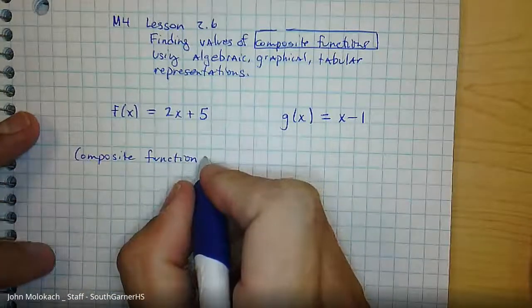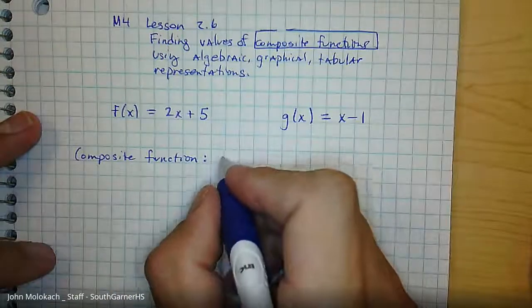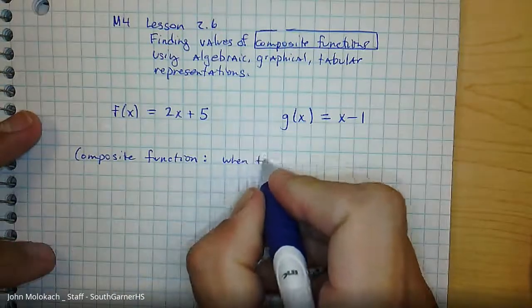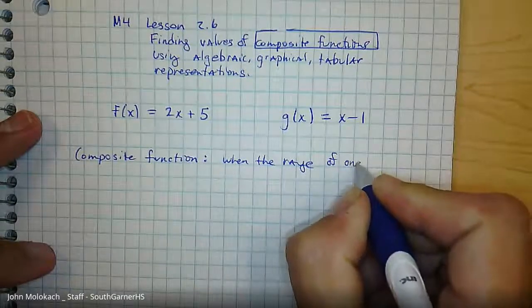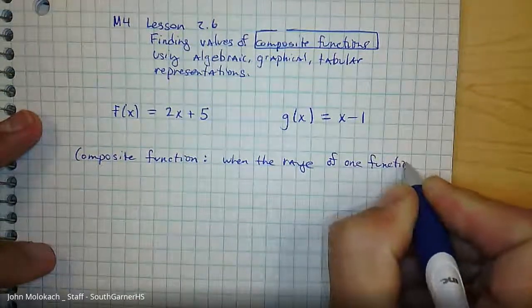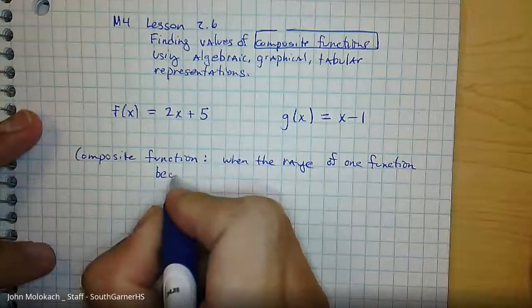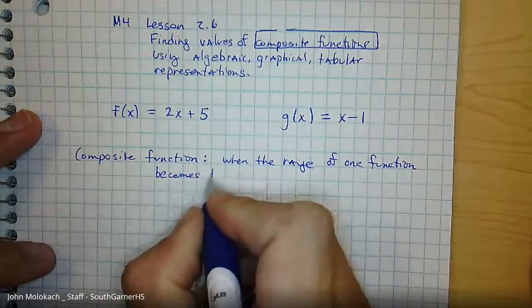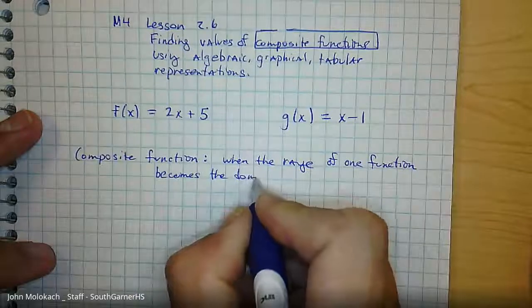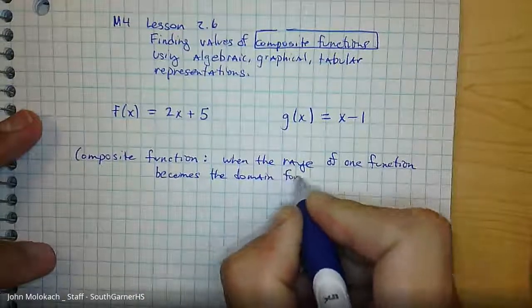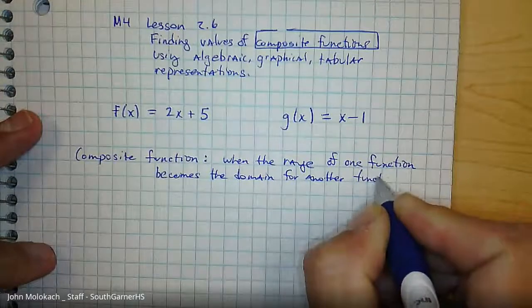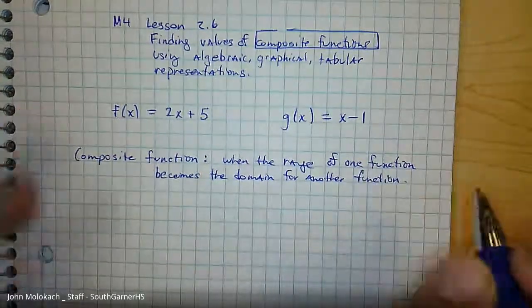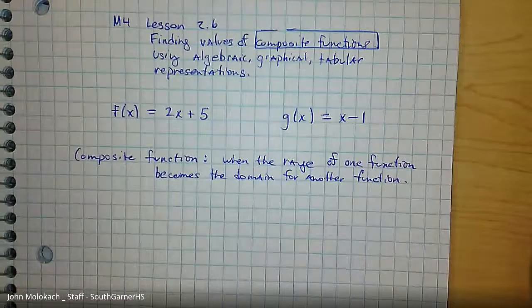Okay, but the idea of a composite function is when the range of one function becomes the domain for another function. Yep, I know that doesn't make any sense right now, but that's okay. All right. So the idea is